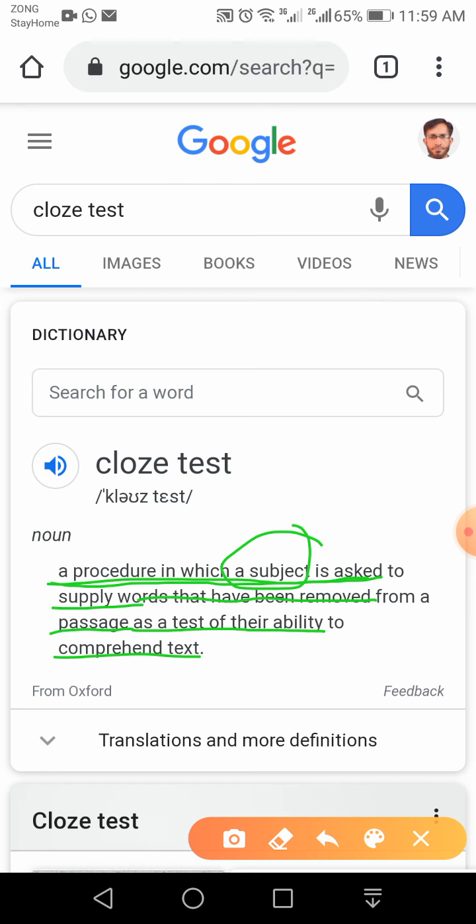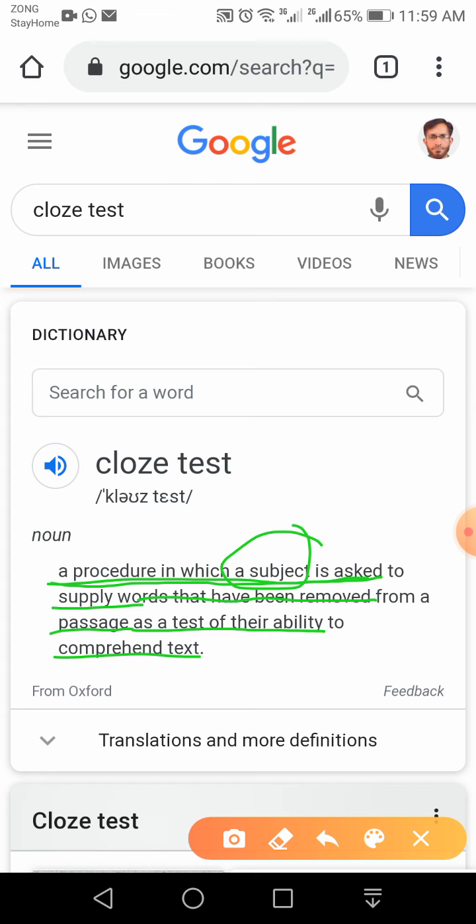So what is a cloze test? It is a passage from which some words have been removed or deleted, we create blanks, and then we give this modified text with blanks to the student, and we ask him or her to fill in the blanks.